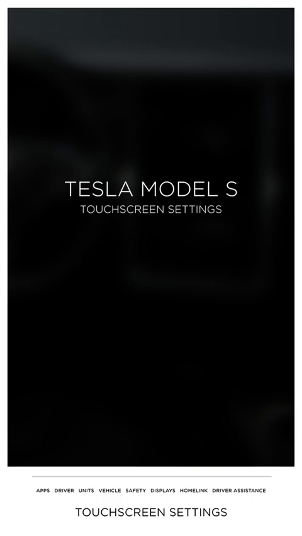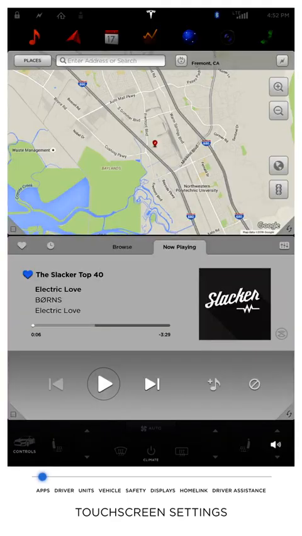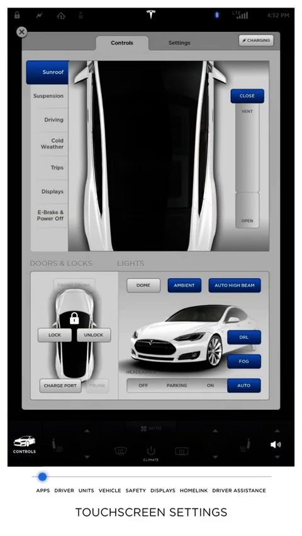The touchscreen is your control panel for accessing functions, features, and apps in the Model S. In this video, we'll cover all options within the settings section of your Tesla. To access settings, touch Controls on the lower left corner of the touchscreen, and then the Settings tab at the